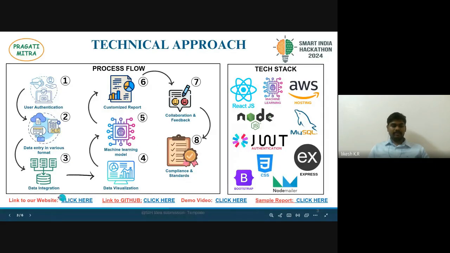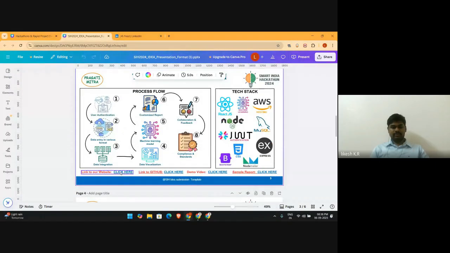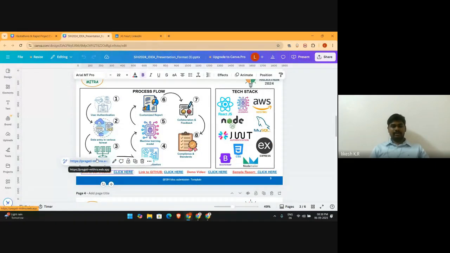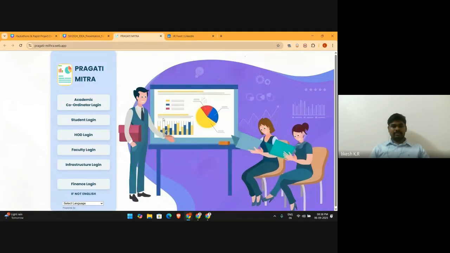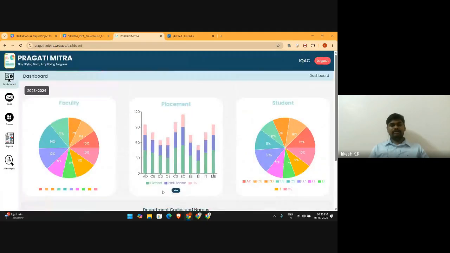And then we had our links attached to this. We produced a proper prototype before going there, so we have added that link over here. This is not the exact application we built in the finale. This is something which is submitted along with the PPT. So this is more or less what our solution would be.